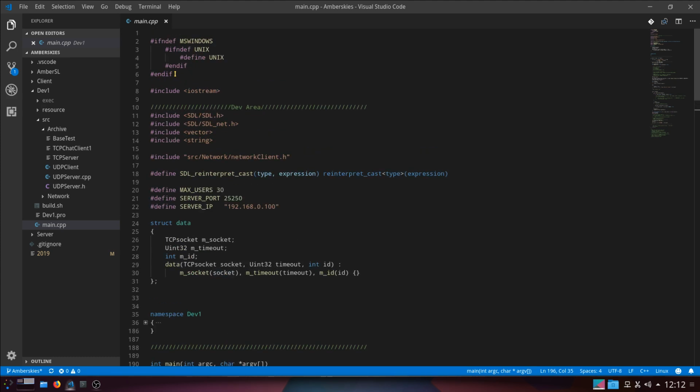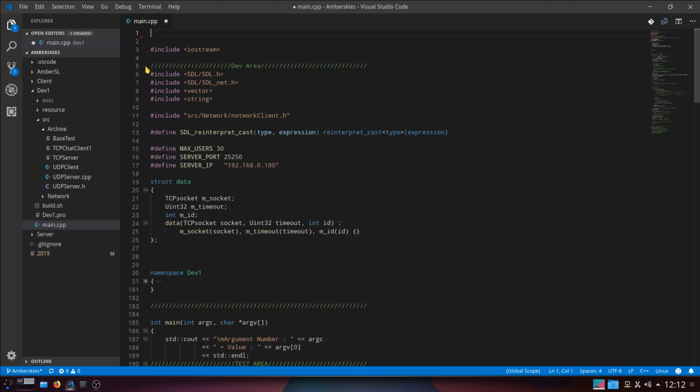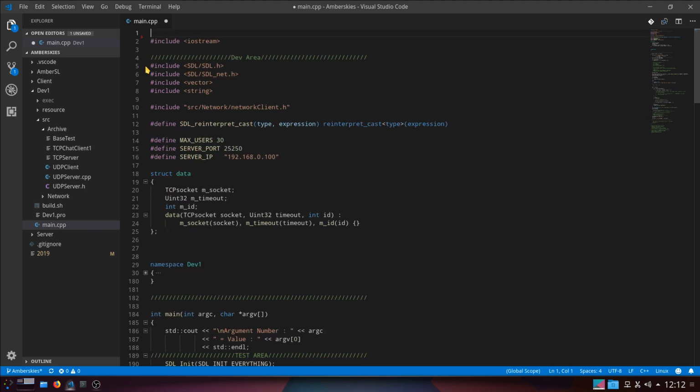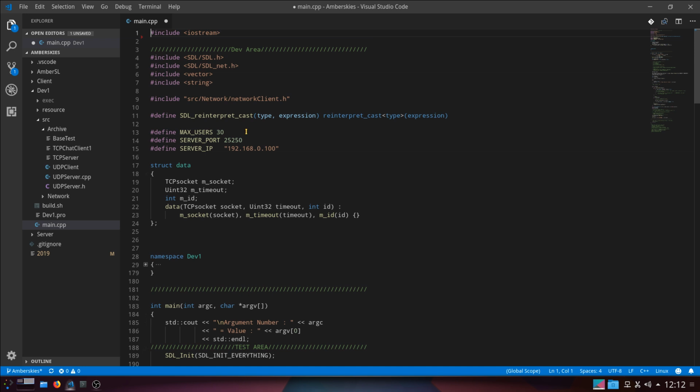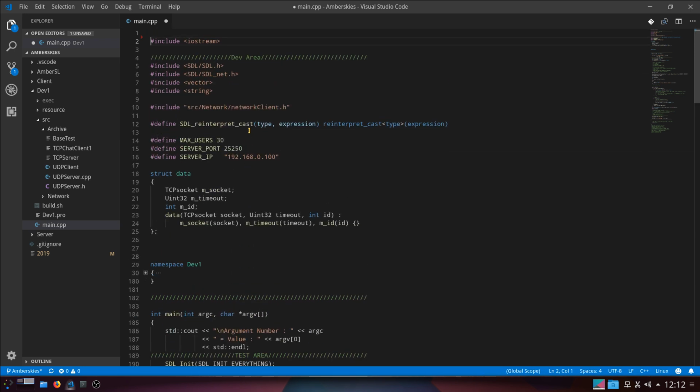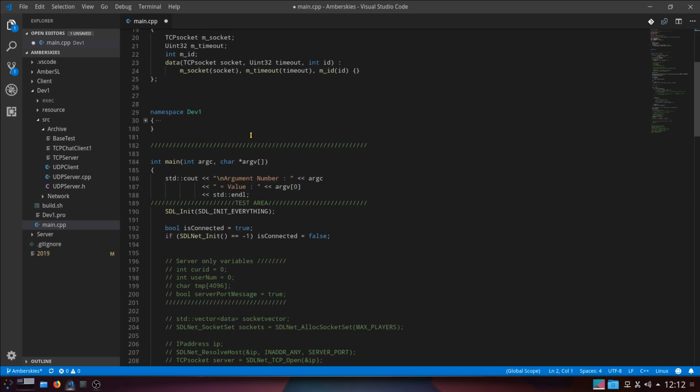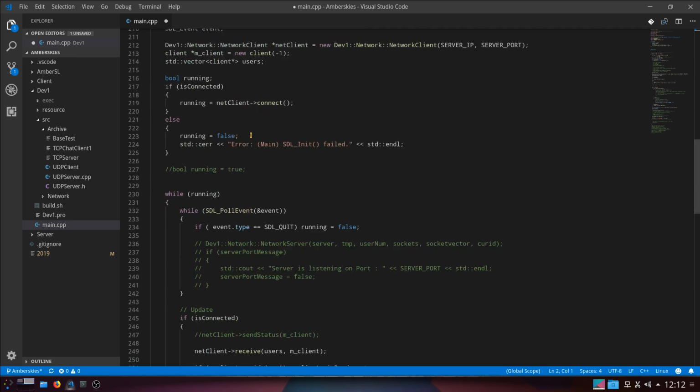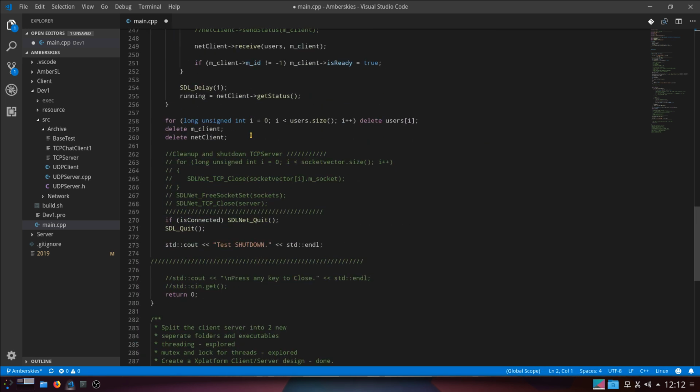All of this lot is complete waste of time. That can go. There you go. Look at that, it doesn't affect the program at all. Oops, always leave a line. There we go. So yeah, we've got rid of all of those hash defines.